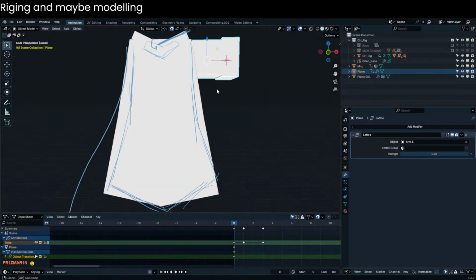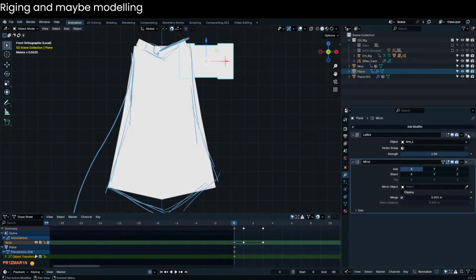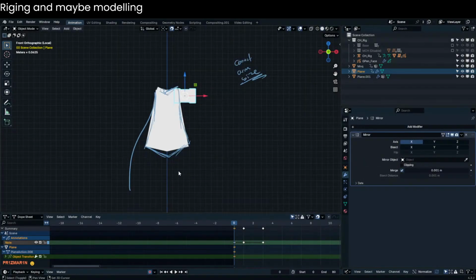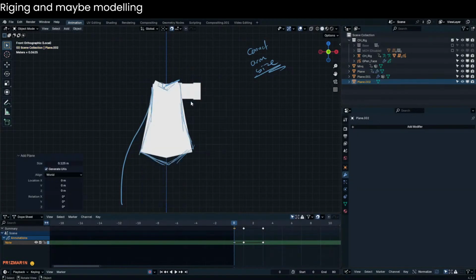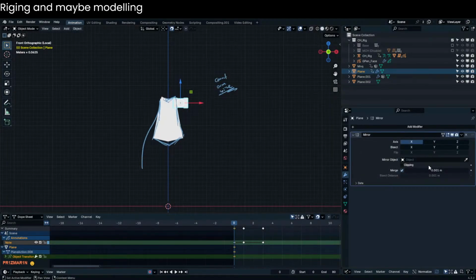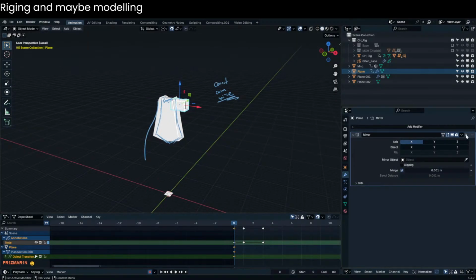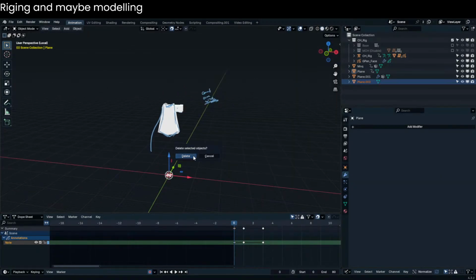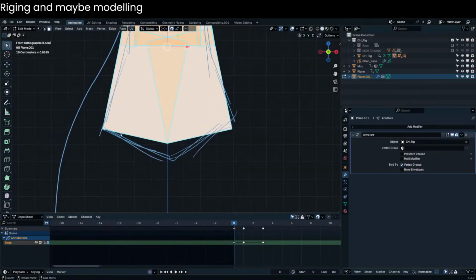So we have the shirt mostly done, right? I'm just gonna add in a mirror modifier on this as well. It is mirroring on the origin, or not the origin. It's mirroring on itself. I need to mirror on the origin. Actually, no, I don't even need to mirror this. My bad. I can always mirror this later, right? So now let's go on to the interesting part. Wait. 1 second before we do that. Before we do the interesting part,